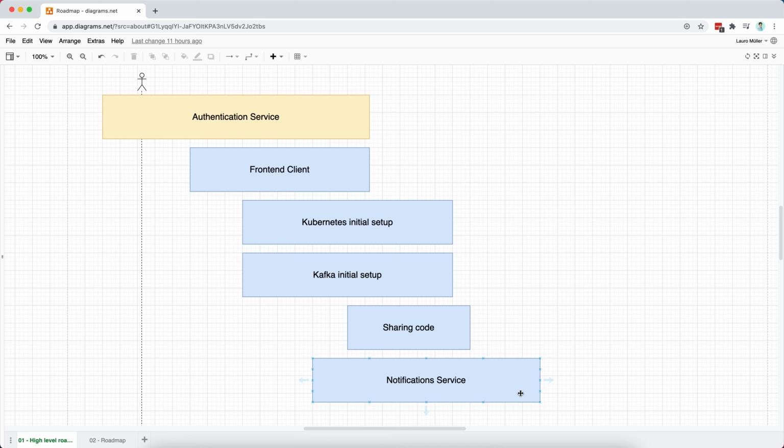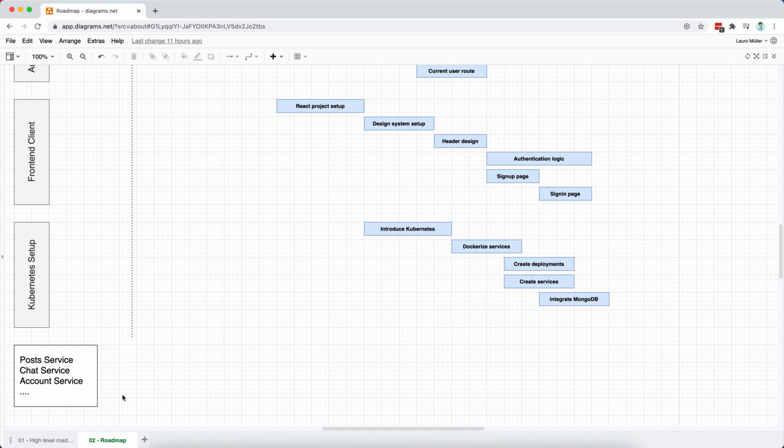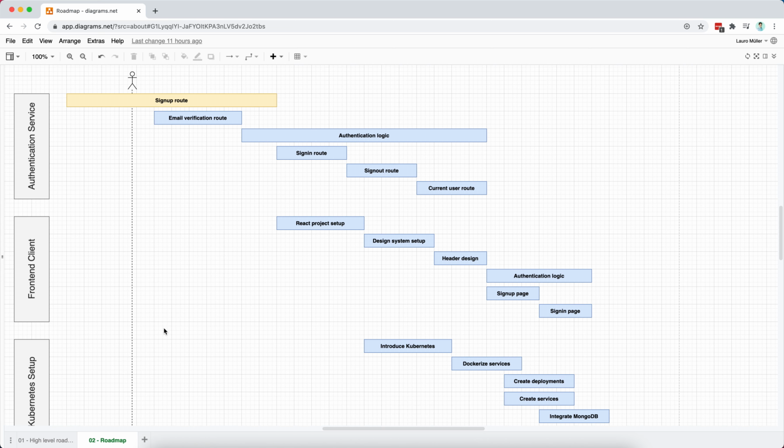This is not everything. We are currently working on our authentication service, and then we will work with the front-end client, Kubernetes, Kafka, sharing some code, and then a notification service. Here is a more detailed breakdown. We are working with the sign-up route, and as you can see, we have plans of working with sign-in, sign-out, current user, setting up the front-end client and designing a few visual components, and then implementing our basic sign up